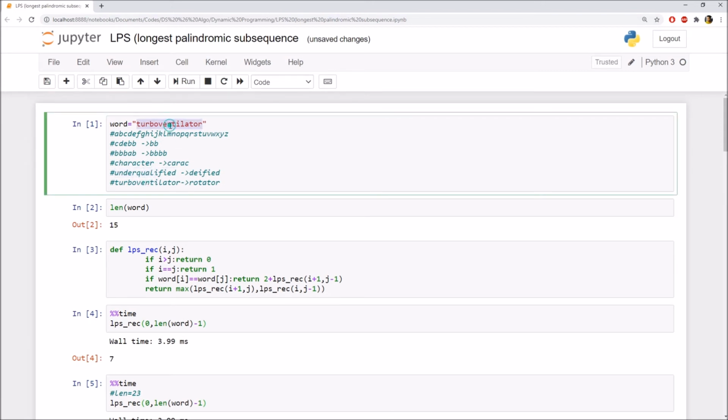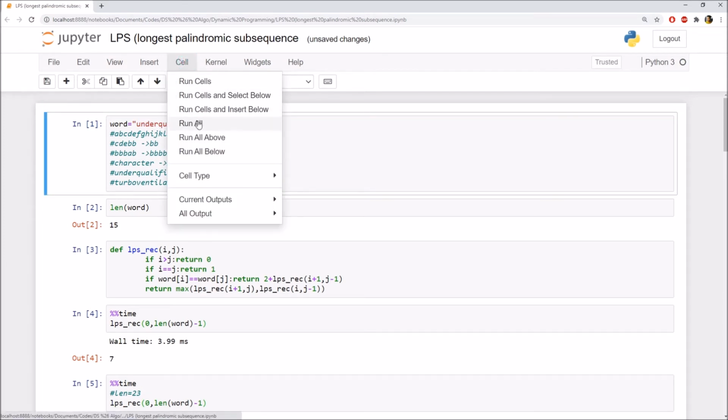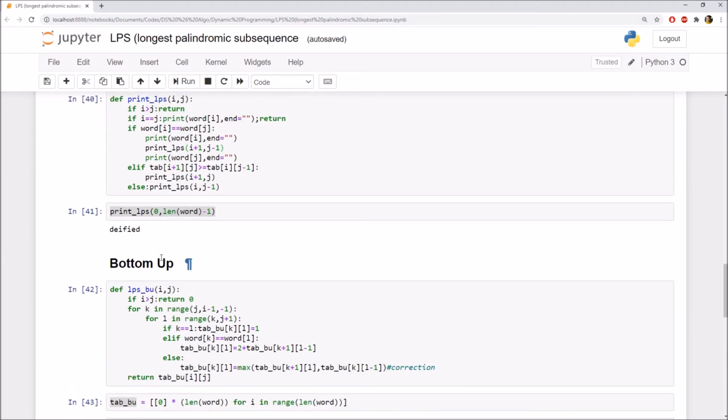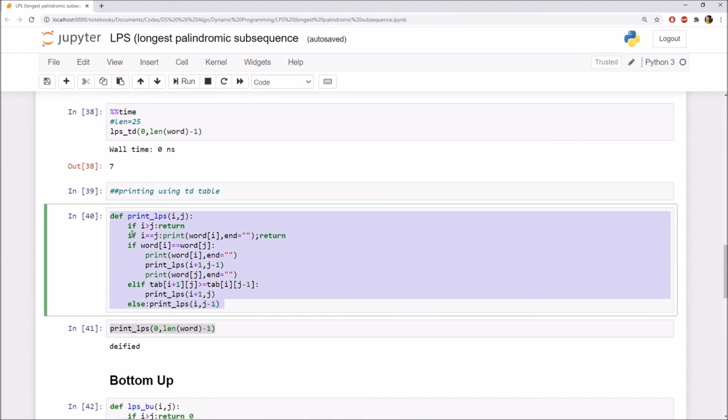So here LPS is DEIFIED of length 7. Now let's find it out using LPS print. So as you can see here, using bottom up I am getting DEIFIED and length is 7, and using the top down table also we are getting the same answer, DEIFIED.